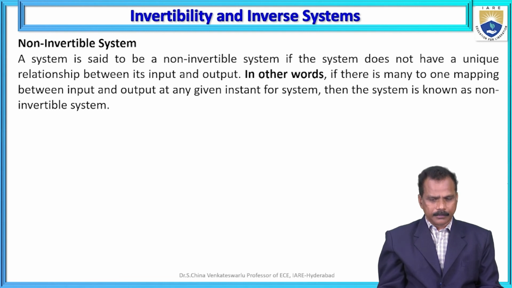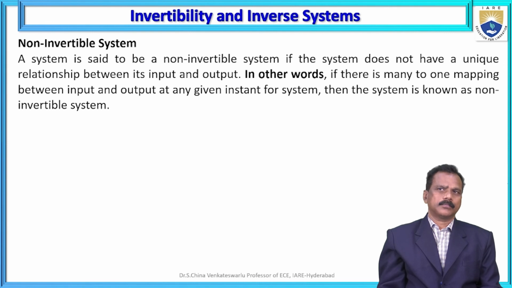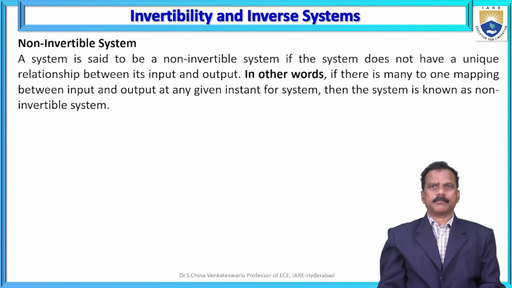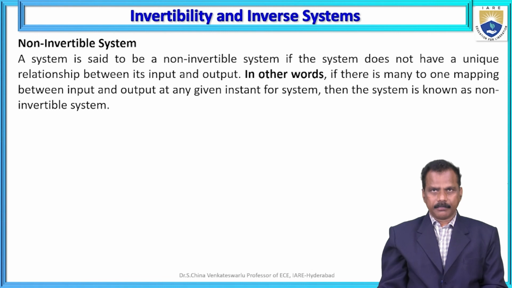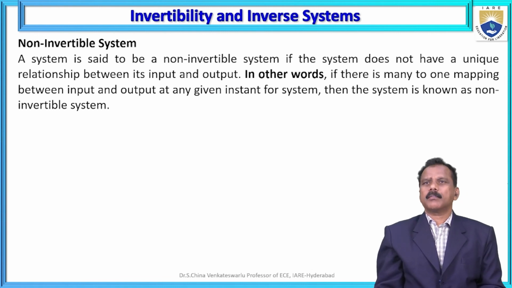In other words, if there is a many-to-one mapping between input and output at any given instant for a system, then the system is known as a non-invertible system. You can easily compare the invertible and non-invertible systems. Just now we verified the invertible system, and compared to that, in a non-invertible system,